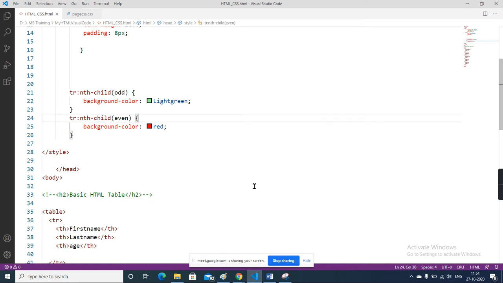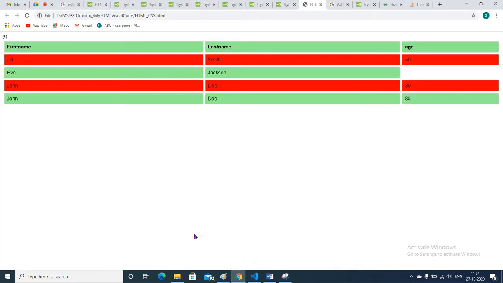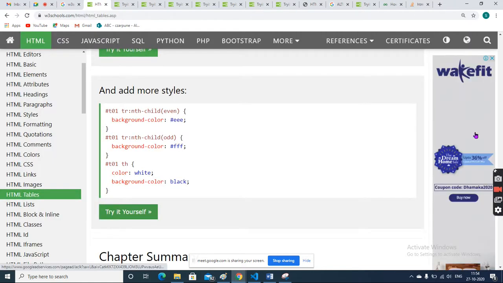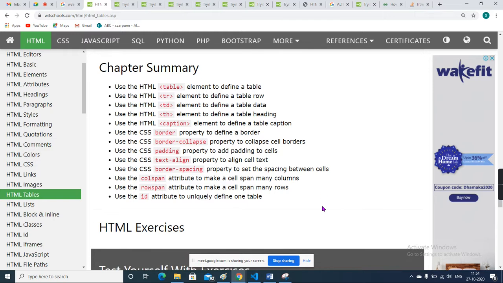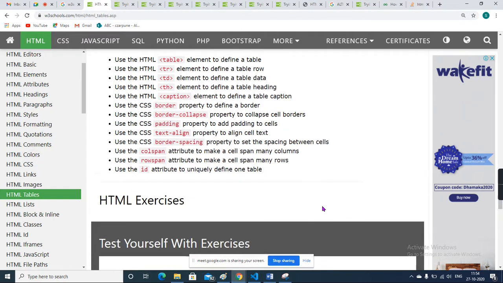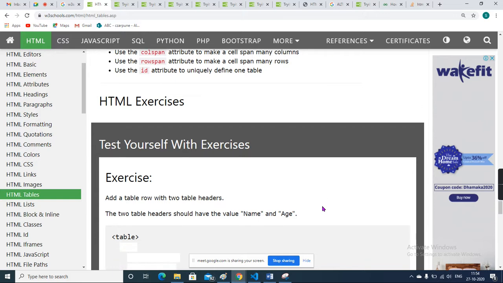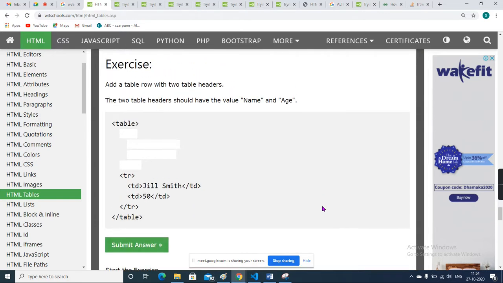Understand this? This is about the table. I covered all the things related to the table, how we can represent the table and the different ways to add a table. There are many tags. What I'm saying is, just explore the meaning of each tag. Can someone say there are two table headers, name and age? What is the tag here? You just need to fill it. This is just an exercise. W3Schools just asked the exercise.